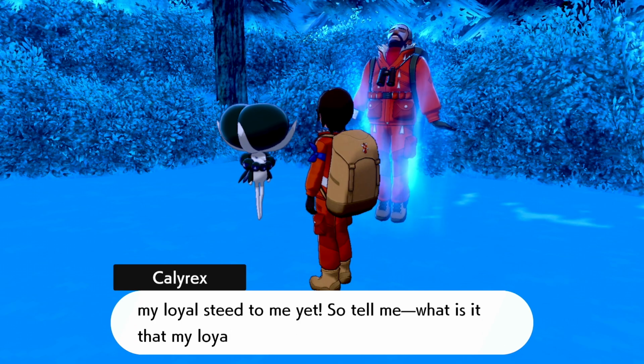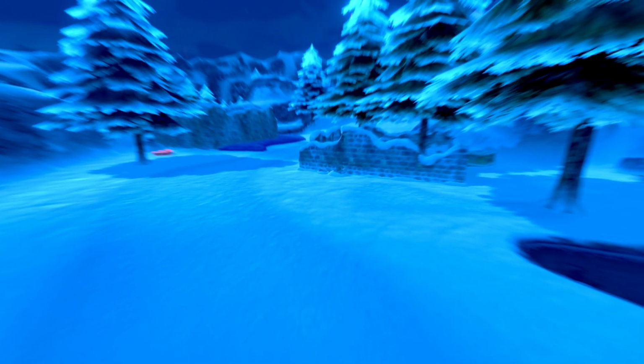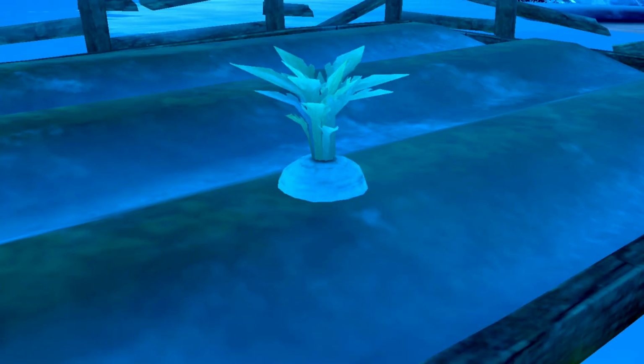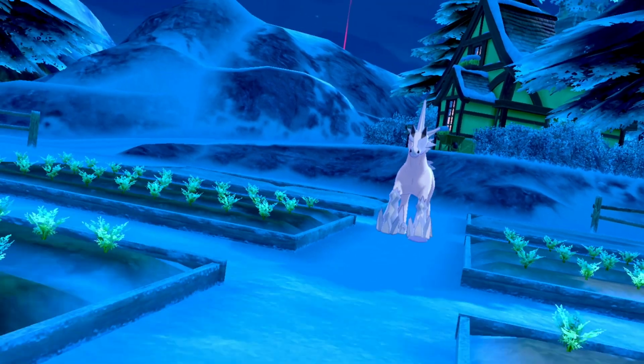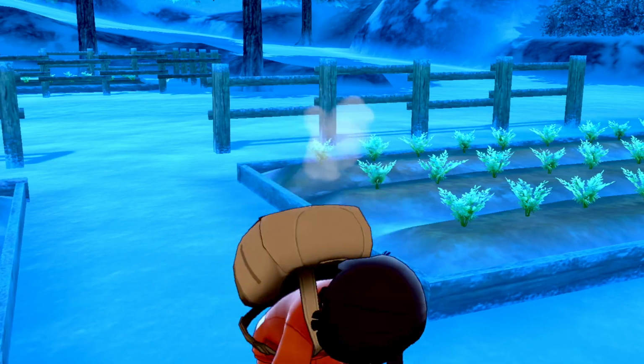You find out what food the horse likes to eat, which, obviously it's carrots, come on. Then you have to plant them in a specific area to either summon Glastrier or Spectrier. God, I hope I'm pronouncing those names right. Calyrex does a little dance, grows a big ol' carrot, the horse attacks the town looking for more food, you beat it up, save the town, create an item called the Reins of Unity using some of the horse's hair that was left behind,